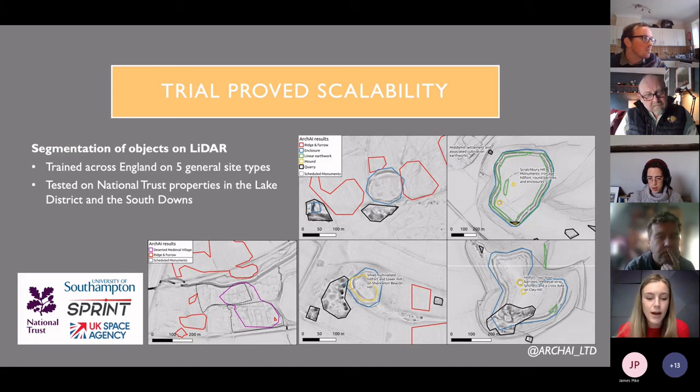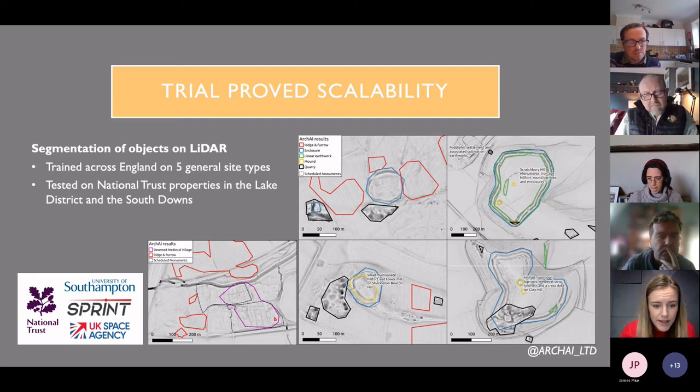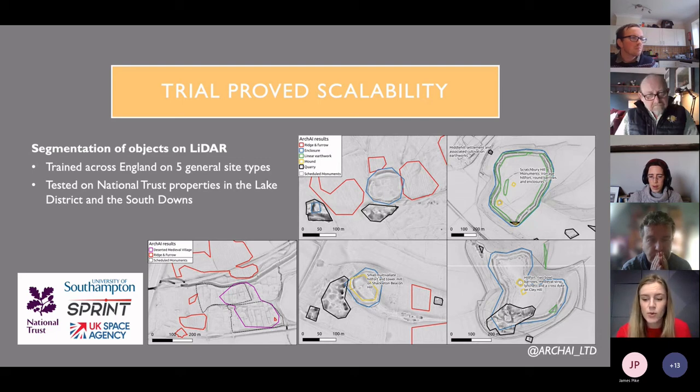We've gone from detecting bounding boxes around objects to really being able to segment whole things. On the right, you can see four images of different enclosures, like hill forts, and around them you can see some of the ridge and furrow that we've picked up, linear earthworks, mounds, and the quarries are picked up quite well also. And on the bottom, middle left, you can see that we're now able to detect deserted medieval villages. It's fun to see those results coming back. It's becoming cleverer and cleverer the more we train it and the more information we give it to learn from.